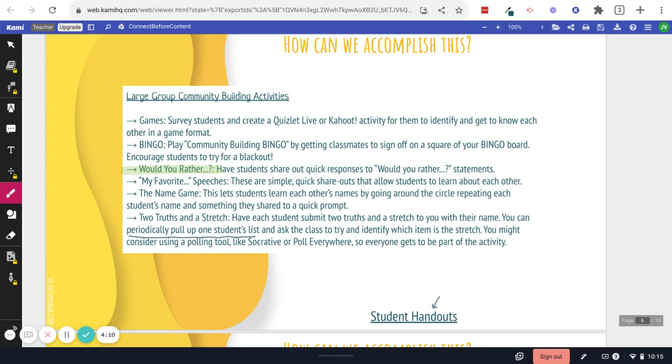And now I'm living in the information given to me, right? I don't have to come up with my answer and whatnot. So that's something that's really cool. And if you need some would you rather statements, there's some in those handouts. There's some on the internet, and we can definitely put some in your hands if you need them.